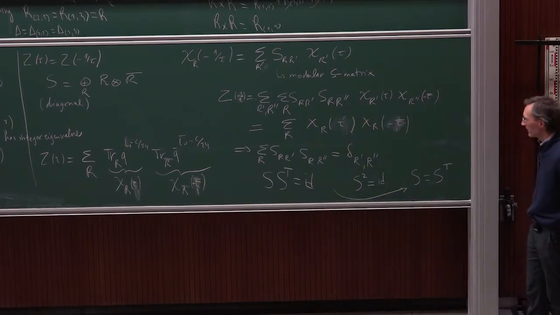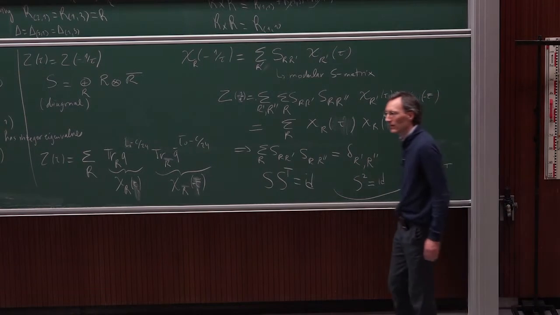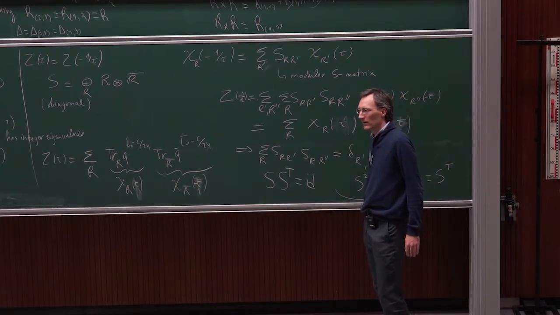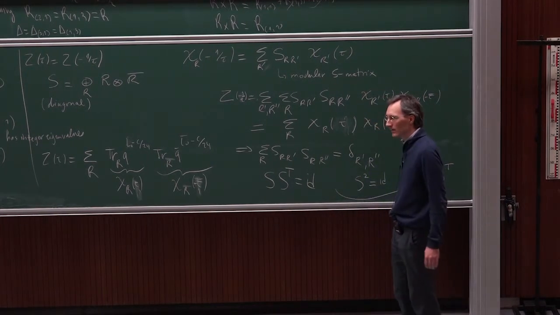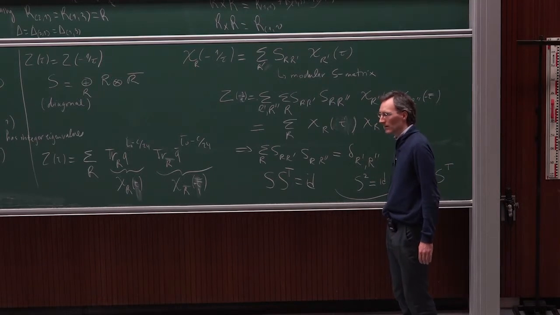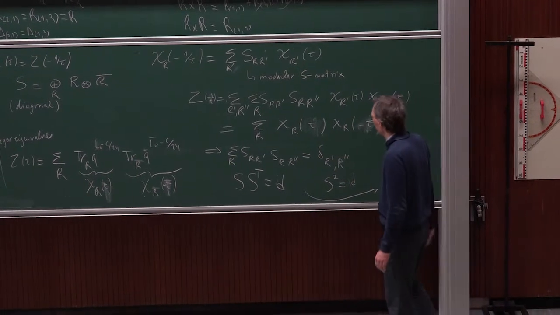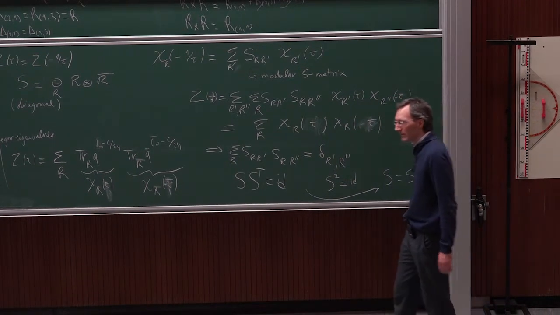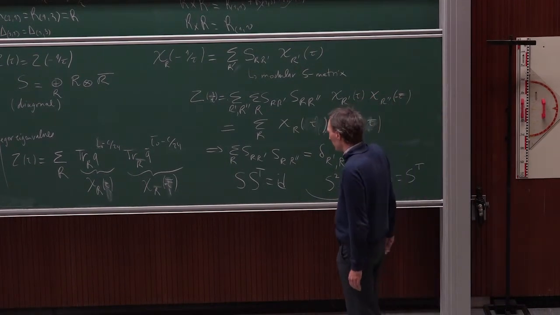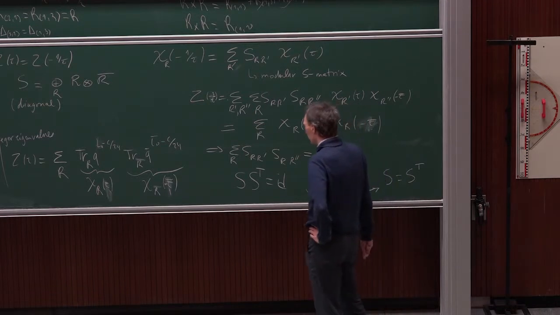Yes? So are you assuming that the S matrix is real here? Because otherwise it should be S, and there should be another complex conjugate on the right-moving S matrix. Yeah, so the question is whether I'm assuming that the S matrix is real here. Otherwise, I need to put complex conjugates everywhere.